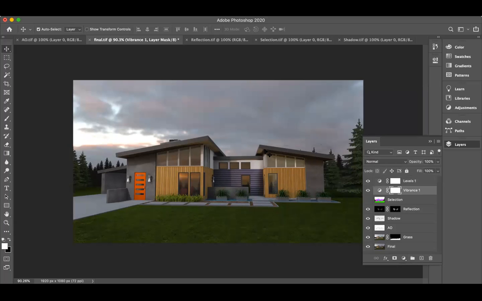This is the end of the class. As I told you earlier in the beginning of the class, the purpose of taking render passes and why we need this selection layer, all those things, I have discussed in the beginning of this class. But at the end of the class, I hope you understand the purpose of all these techniques. This technique is very mandatory for a lighting artist. Without this technique, you cannot say that you are a lighting artist.